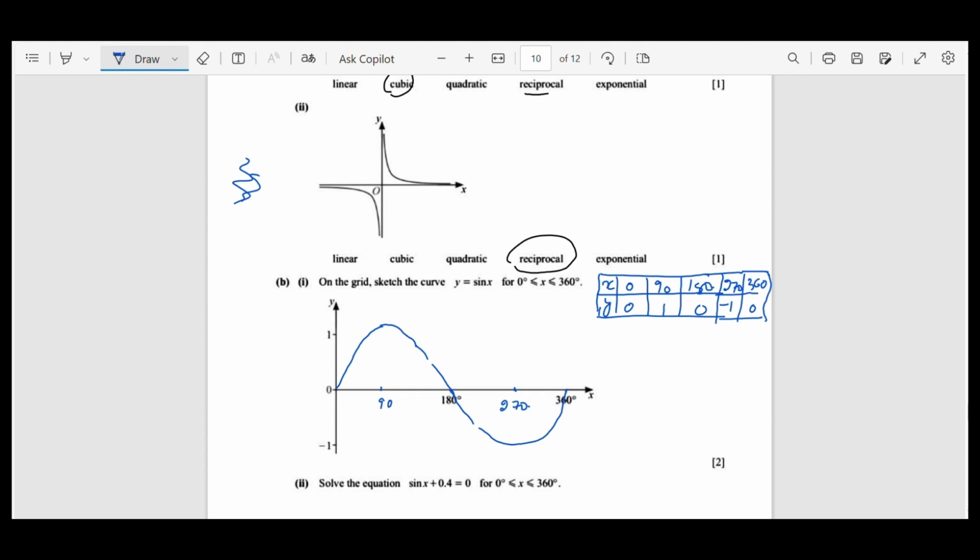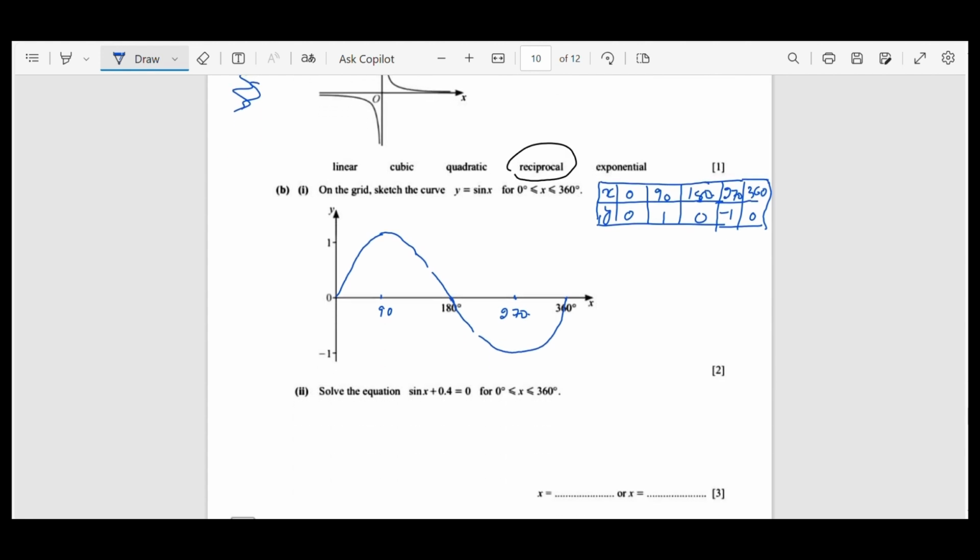Next is the second part. Solve the equation sin x plus 0.4 is equal to 0. Right? So sin x will be equal to minus 0.4. So x will be equal to sin inverse of minus 0.4. So x will be equal to, you will use the calculator, minus 23.58